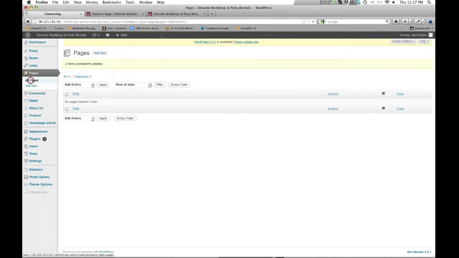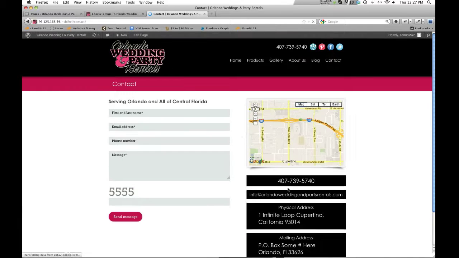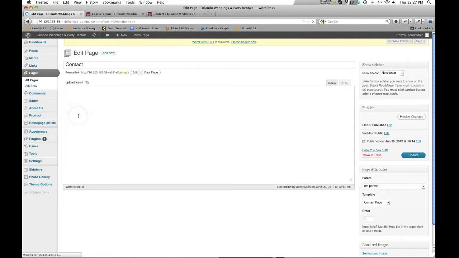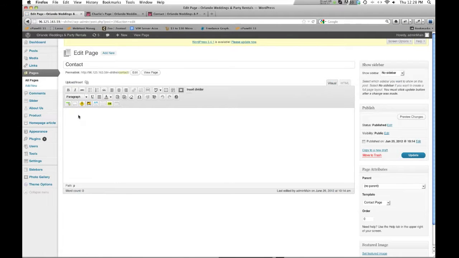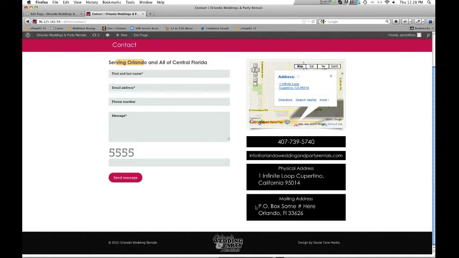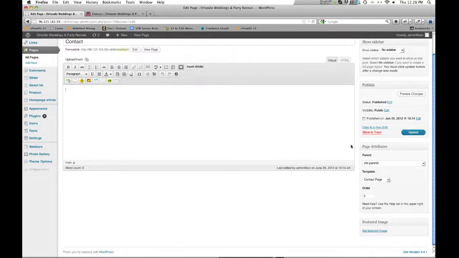Okay, so let's go ahead and just backtrack again. Let me show you the contact page. Here's the contact page, different layout and everything else, right? So if I come to the contact page, what we have here, we have no text, no information, because all we have is the form and then the right sidebar that has the address and your Google map and all that kind of good stuff. All right, but what's the key element here? The binding element is the template. It's contact page. So if I came in here and I put this thing as default template and I update this,